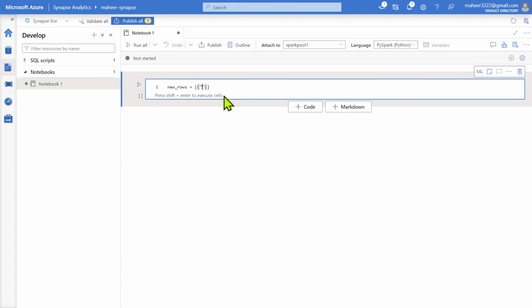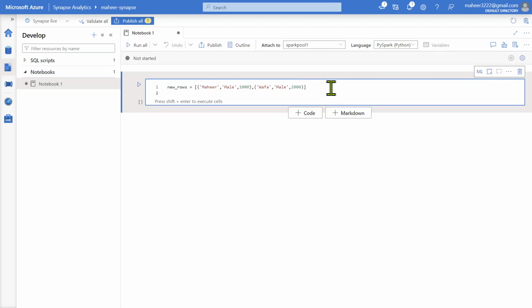For example, my first row I want to be like this. Let's assume this is an employee, like Mahir, gender is male maybe, and salary is maybe 1000. So this is my first row, and this entire thing is one tuple, which means this is one value. Since this is a list, I can pass multiple values like that. Again I am going to pass a second row, let's assume Wafa, gender is male, and his salary is 2000. So I created a variable which is list type and holds two tuple values. I am going to save these as rows in the data frame. I will show you that in a bit.